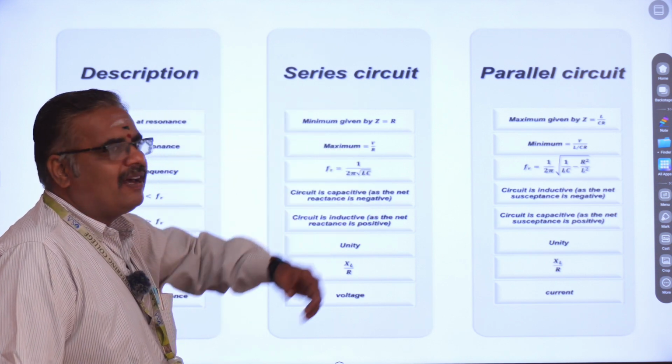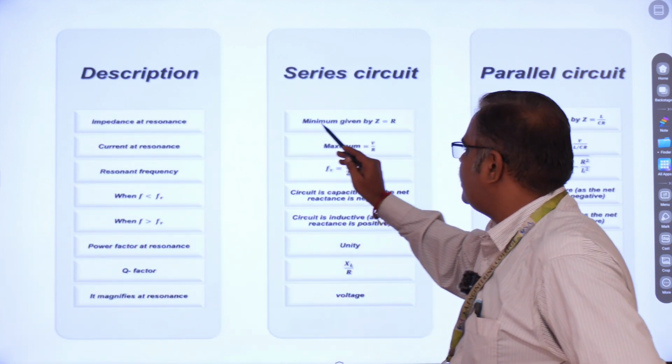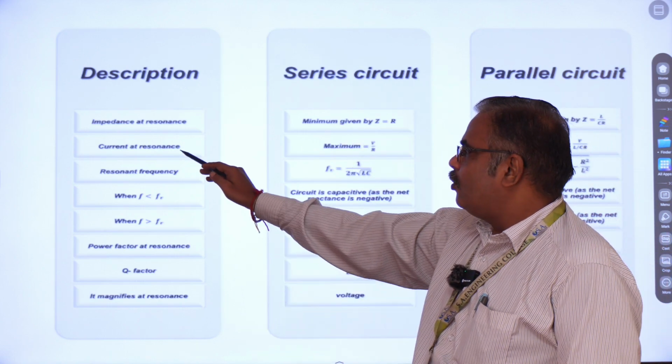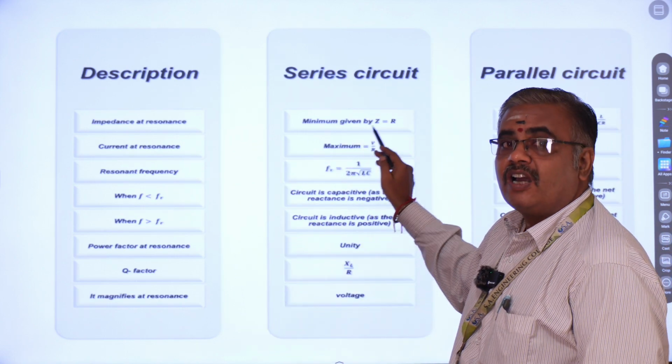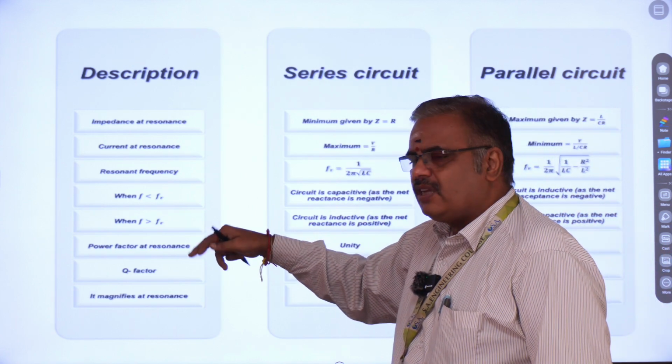And of course, this is a comparison. You've got different parameters here. So impedance and resonance will be minimum, and here in the case of the parallel circuit it will be maximum. When you talk about the current flow, it will be maximum here, and minimum there. Okay, I forgot to tell you about the response of the